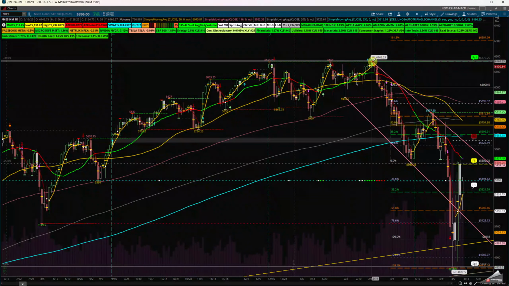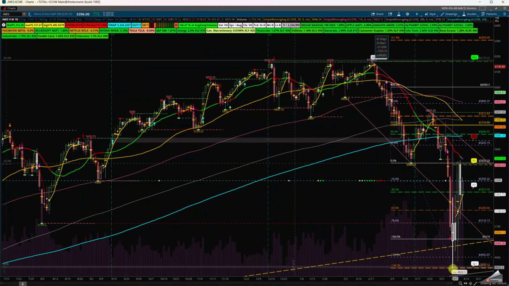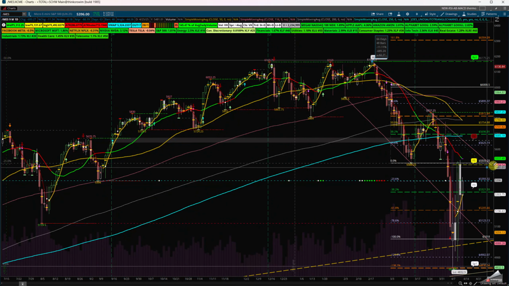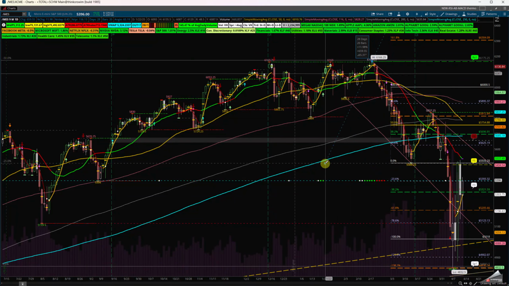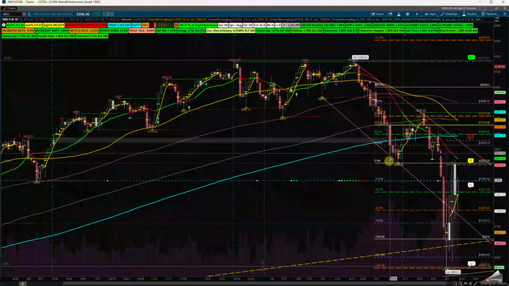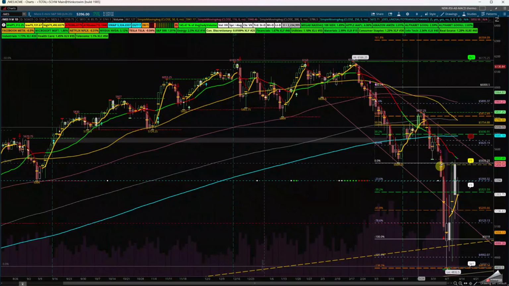If I measure the high to this low, you can see we had a 21.63% drop. Year to date, we've recovered to 12.45. We are above the 15% bearish sentiment threshold. If this has found the bottom in the S&P 500, let's zoom in on this area, okay, everyone? You can see the 5509. We tested it. We closed above it. We went up. This is almost a double top.